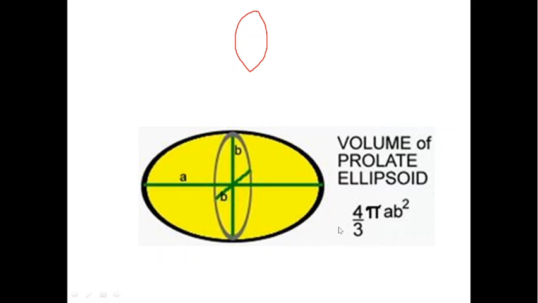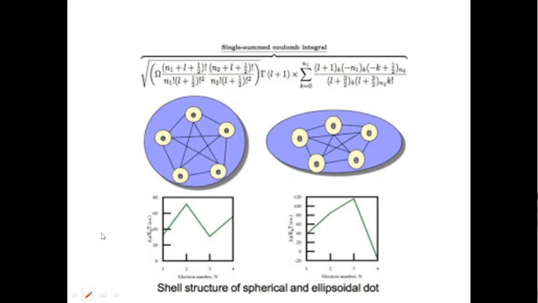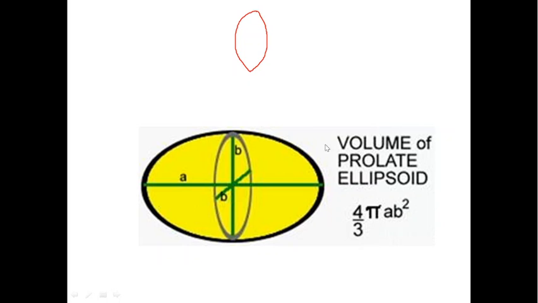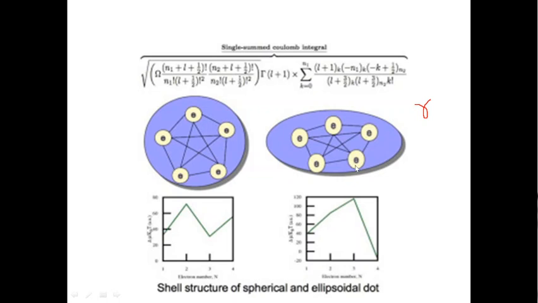Now because of this change in the surface, you can see here the distribution of the charge will also change. If this is spherical and hypothetically the protons are arranged in this fashion, we're talking about the Coulomb term, so we're not considering the distribution of the neutrons. Of course, the protons are distributed in this way. If it's an ellipsoid, then their positions will change. So the separation between them, R, also changes, which will alter the Coulomb term. And the very fact that the shape has changed is also going to alter the surface term. The surface area is going to be higher now. And the Coulomb expression will be lower